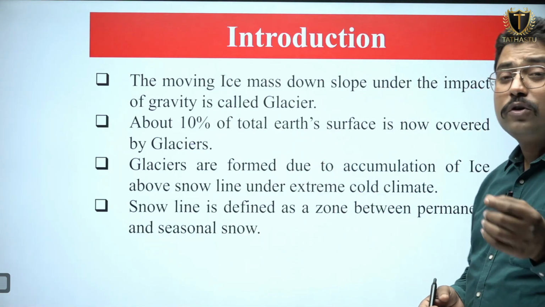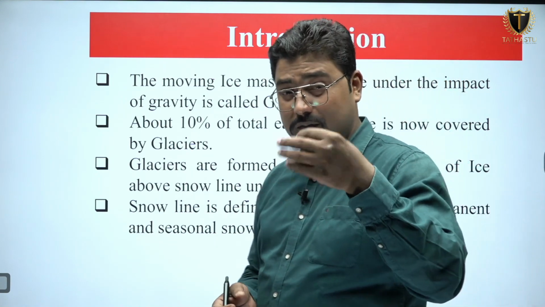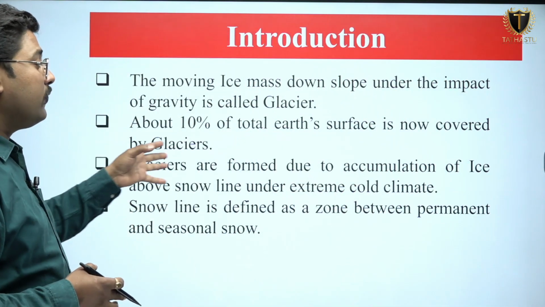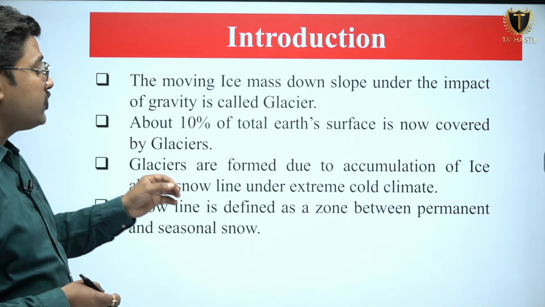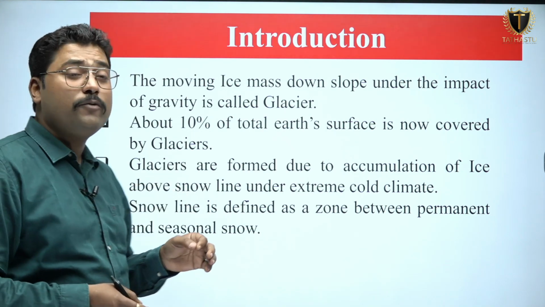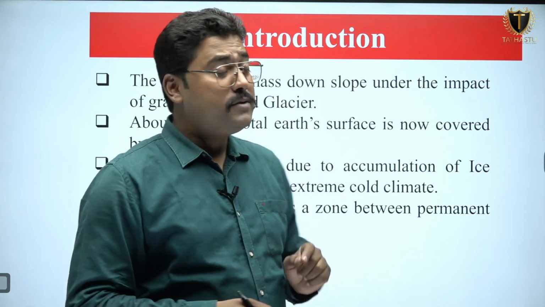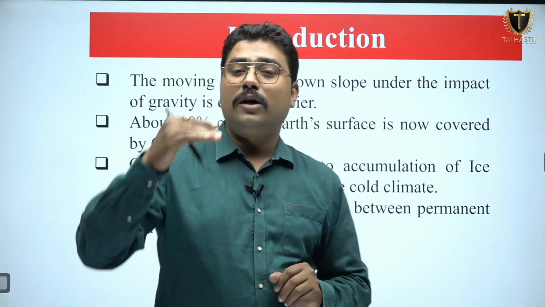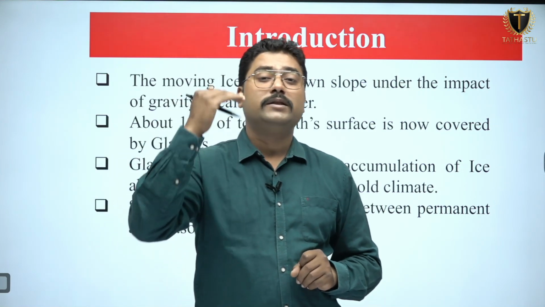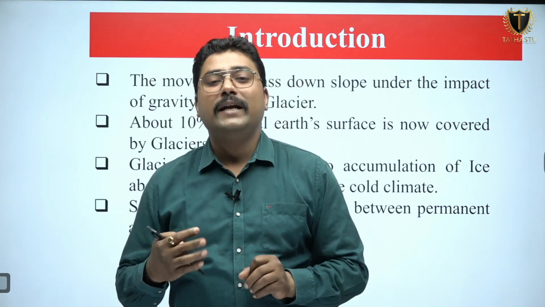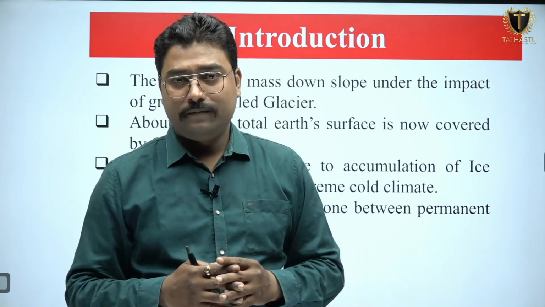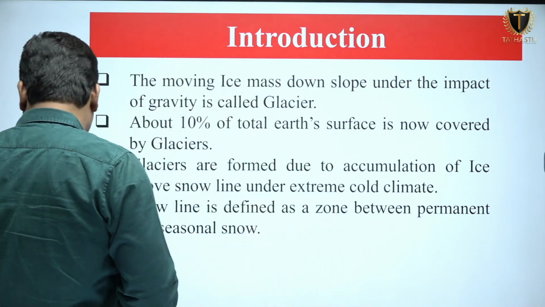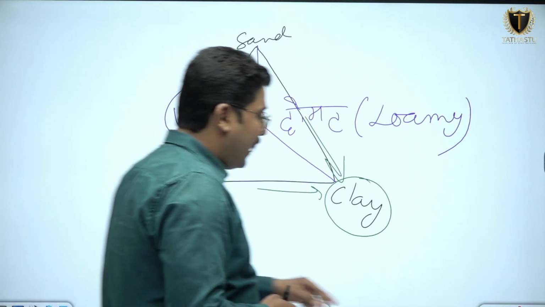About 10% of the total earth surface is covered with ice, and glaciers are formed due to the accumulation of ice above the snow line under very extreme cold climate. Now the question comes, what is the snow line? Simply, the height beyond which water is present in only solid state is considered the snow line. And always mind it, the snow line can be